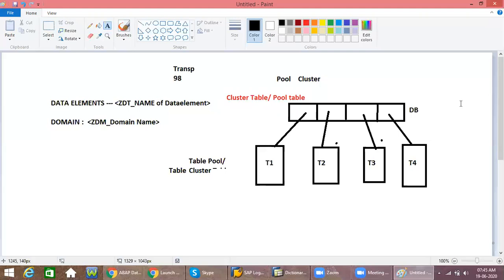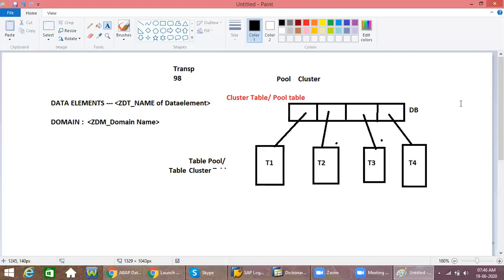Again I am repeating the point: tables are assigned to a table pool or table cluster. That point is closed. Another point, these table pools and table clusters are referred to as pool table and cluster table.